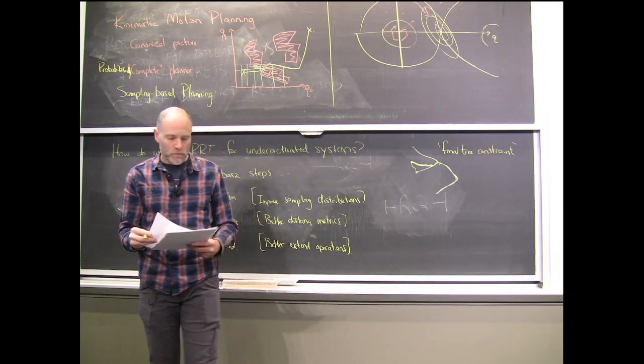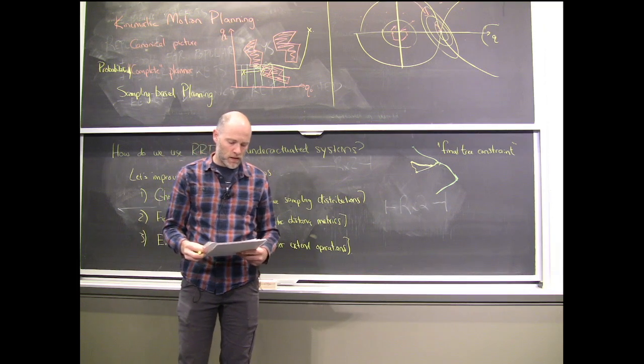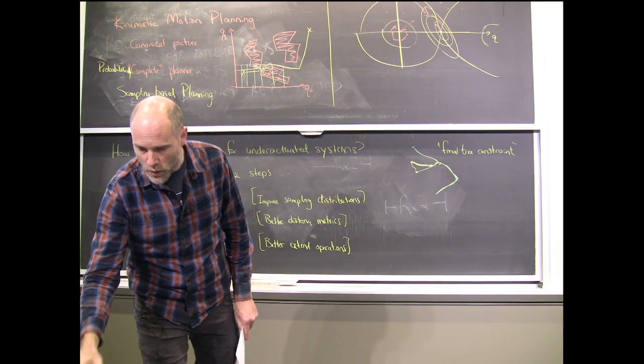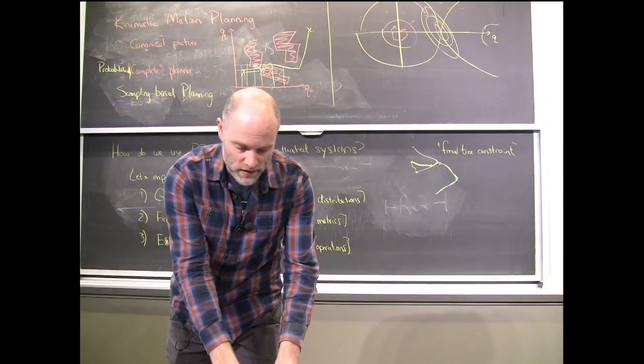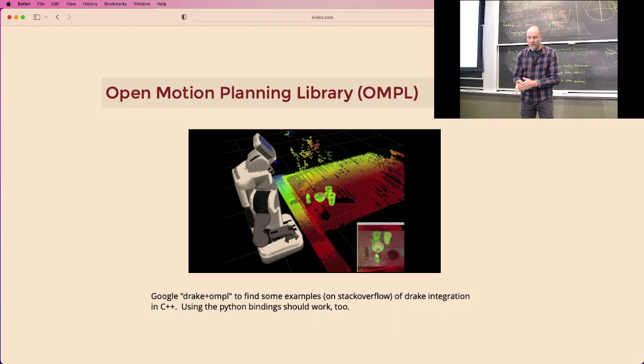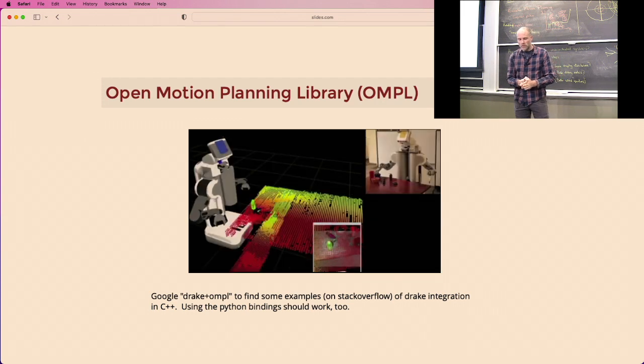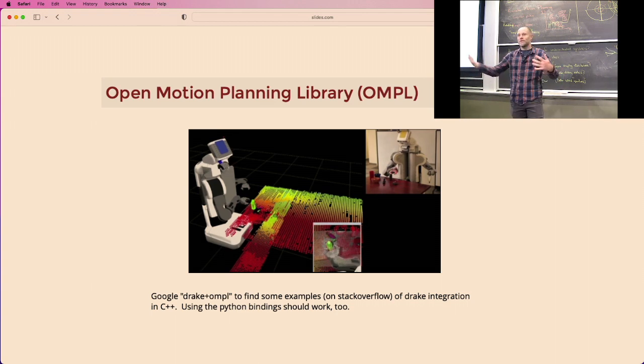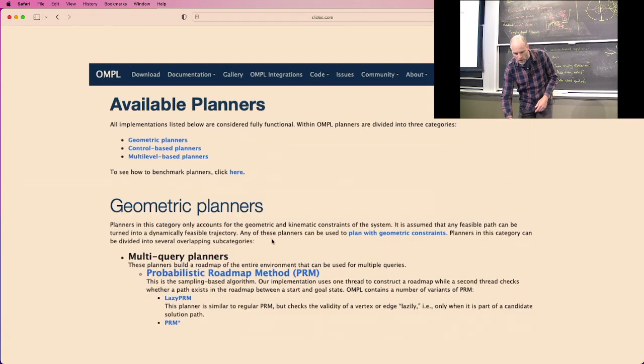Okay, that's a whirlwind of sampling-based motion planning. Let me just say that there are powerful libraries of sampling-based motion planning that you might find useful. OMPL is getting a little bit old now, but I think the authors are thinking about having an OMPL2 maybe coming out soon. A lot of people lean on the Open Motion Planning Library. I'd say a lot of papers now, it's got enough of the algorithms implemented in it that it serves as benchmarks, and in new papers getting reviewed it's like, did you compare it against OMPL? Yes or no, right? And if you look at the list of available planners in OMPL, you'll see there's a lot of